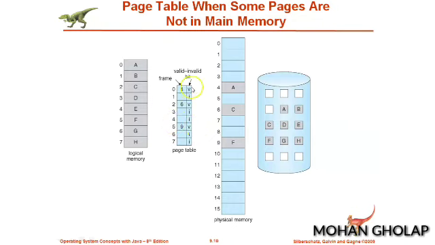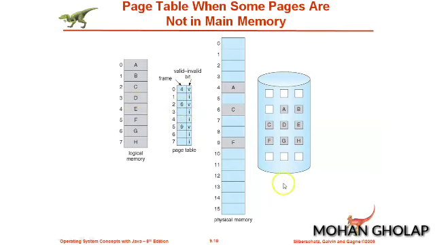You have to consider here that frame number 0 holds page A, so only page A is present in memory. Similarly frame 2 is for page C, so page C is present in memory. Similarly the third valid bit is for frame 5, where the page is F, so only F is present in the main memory. So only three pages are available in the physical memory, that is A, C and F, and the corresponding bits are valid for pages A, C and F. The frame numbers are 0 for A, 2 for C and 5 for F. That's why only entries 0, 2 and 5 are valid and the others are invalid.